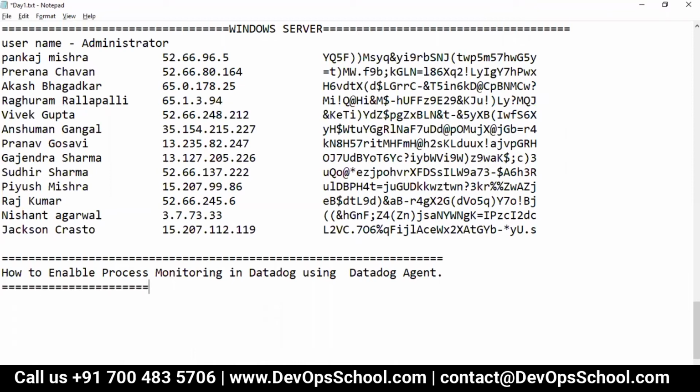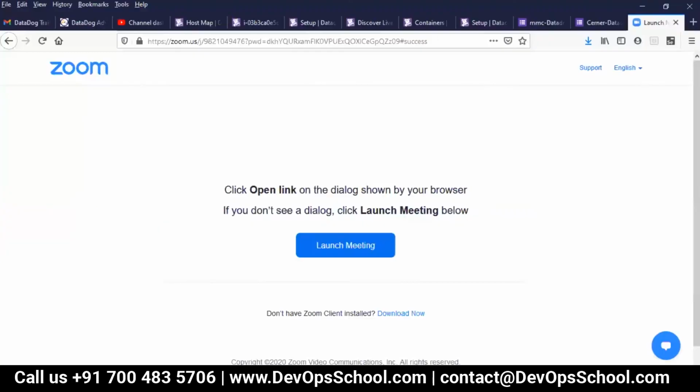Now guys, step one: first verify whether process monitoring is enabled or not. Now the question is how to verify. So you will go to the Datadog site.